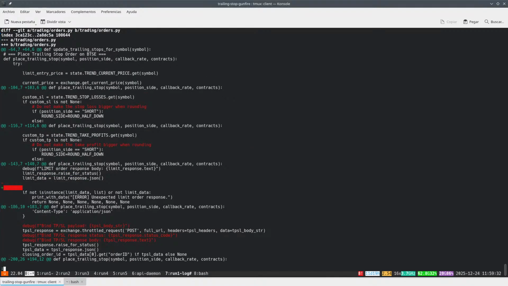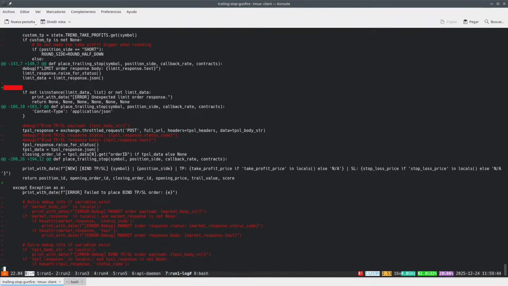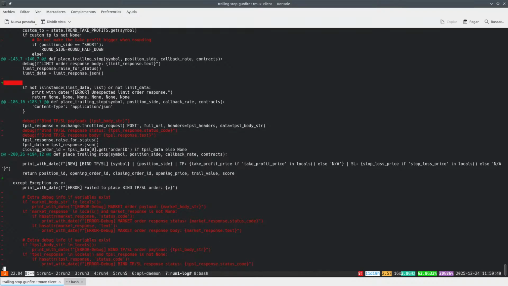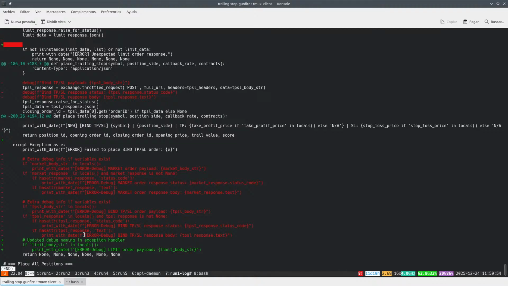So hit diff. So we don't want to add this thing, we don't want to add this thing, we don't want to add this thing, we don't want to remove any of that. And what the hell happens here? So we have extra debug variables if exists. Updated debug name in here. So all of this should be